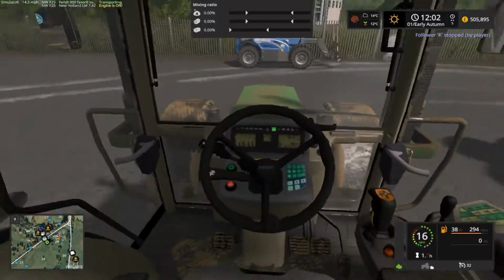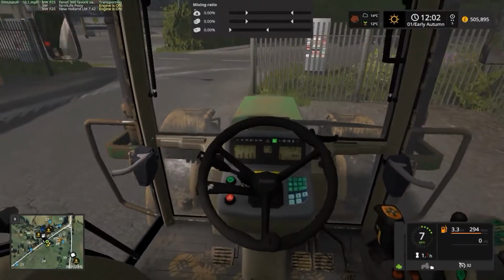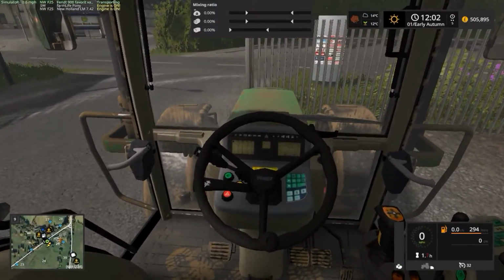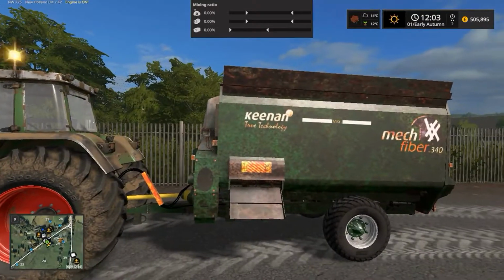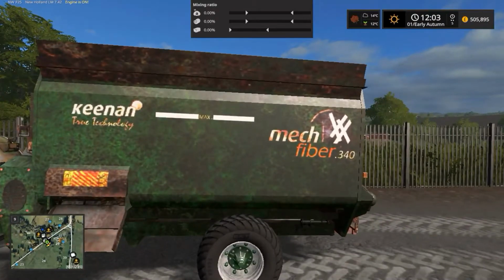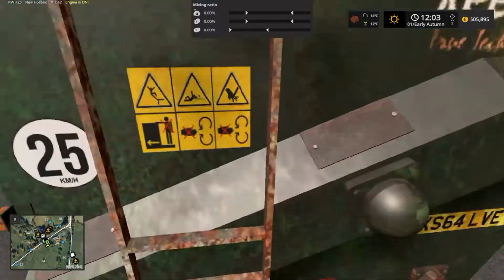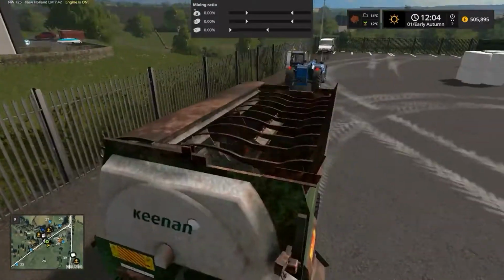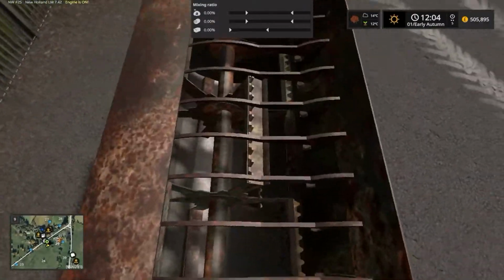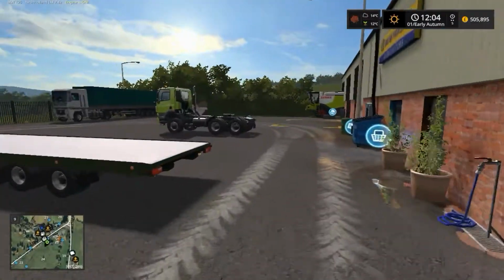Quite narrow, a little bit to pull a tractor through here, but it's doable. So let's turn this off here. Let's have a look at what we bought. Very nice. The Keenan Mech Fiber. Little ladder at the back. Interesting insides to it there. Makes a bit more sense than some of the other ones, but we'll hook up this